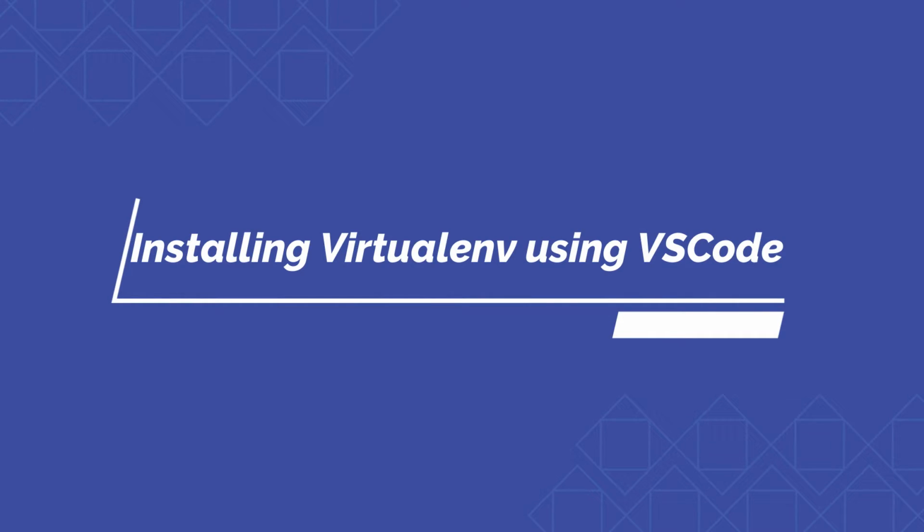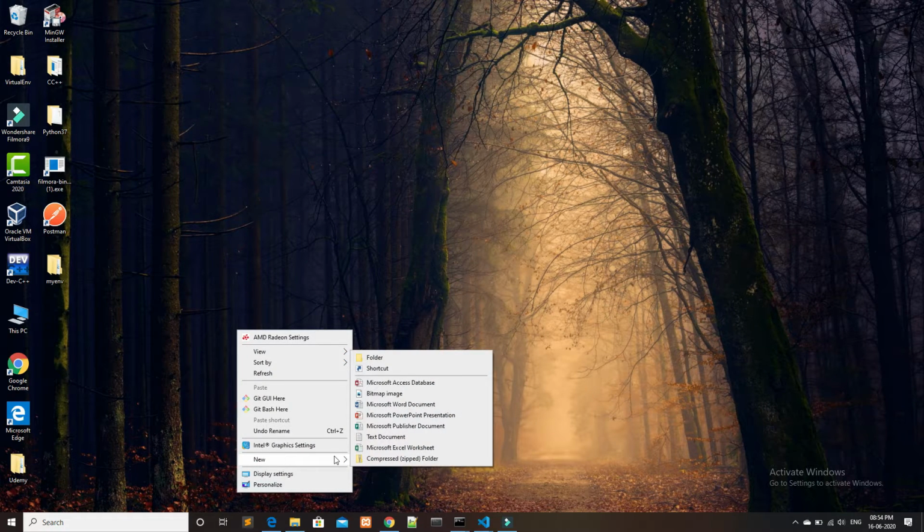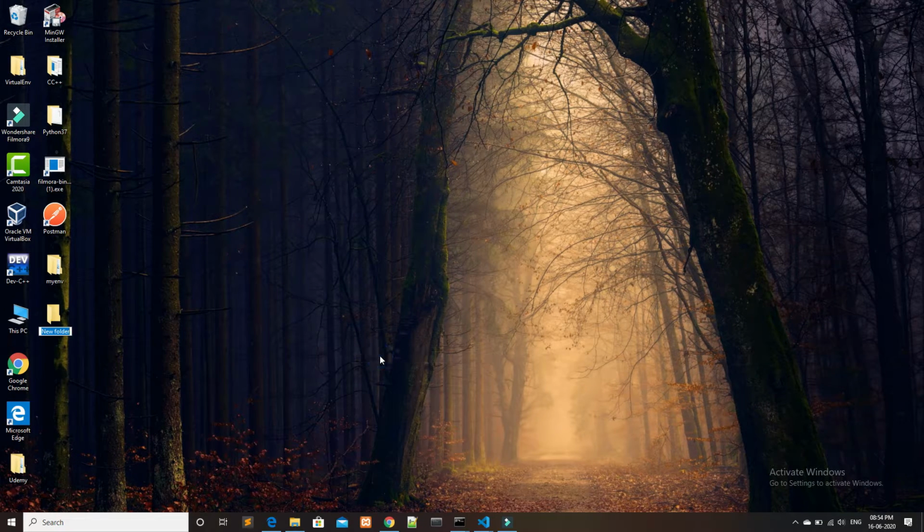Now I will be showing you how to create the same virtual env using Visual Studio Code. So first you have to make a folder. For that, right click and then new folder, name it my new folder, hit enter.